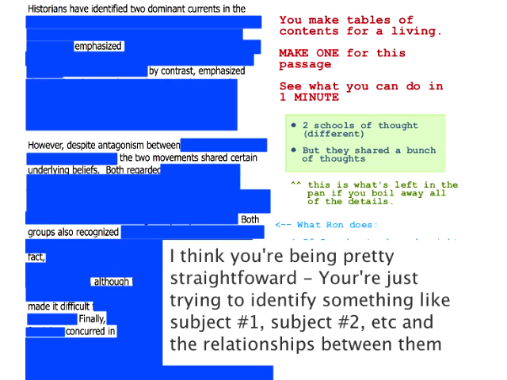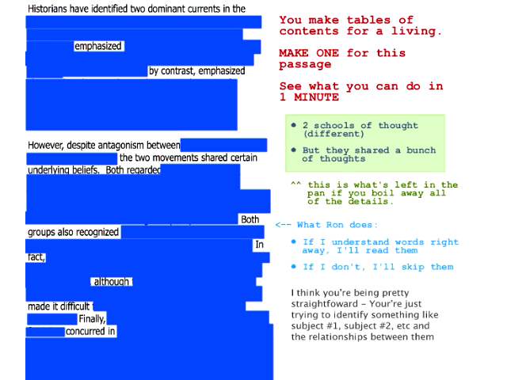Again, this might be an apt description of what I'm doing, but what I would warn people against here is trying to consciously think about this. Because if I were looking at this passage and I was actively thinking, I need to find subject one, subject two, and transition words, I would totally not be able to do it. It's really just what are the non-technical terms that I can grab hold of here, and those are pretty much the things that are going to outline all of this stuff.